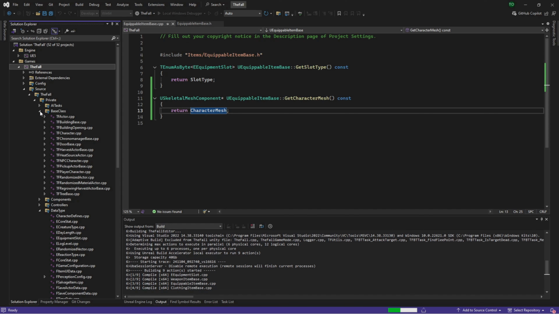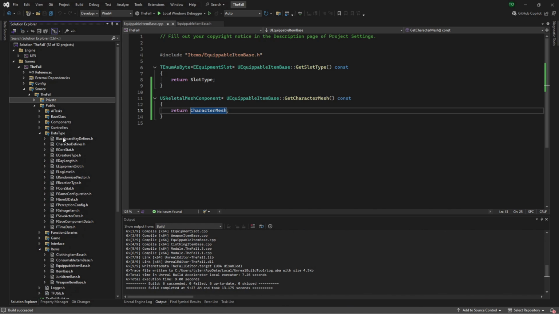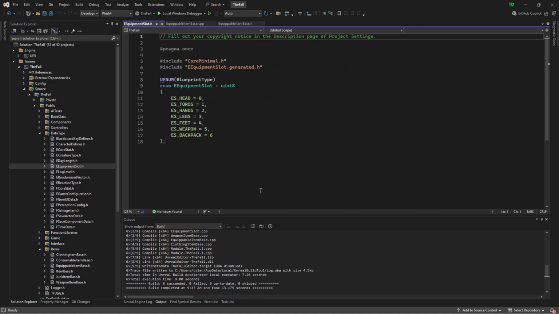So like I said, I don't want it from here. I want it from this one. Our equipment slots, like I said, this is not an exhaustive list, and you can set this up however you want. You've got some games that have multiple equipable slots. Like, as I mentioned, Project Zomboid, you have shoes, socks, pants, belt,